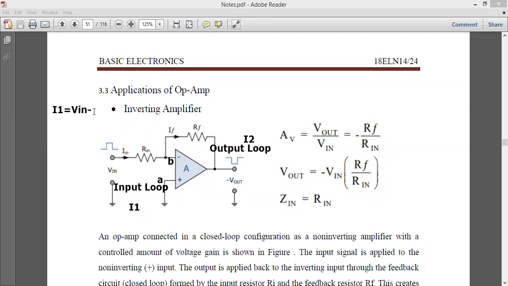Okay, so therefore current I1 is equal to what? Here we take current I1. Okay, is nothing but V in minus this particular voltage. यहाँ पे voltage कितना है? Okay, I will write here also that small a is equal to small b is equal to that is some 0 volt. तो voltage a पे कितना है? 0 है. तो b पे कितना है? Voltage 0 है. Okay, so therefore the voltage VB is equal to 0 volt.